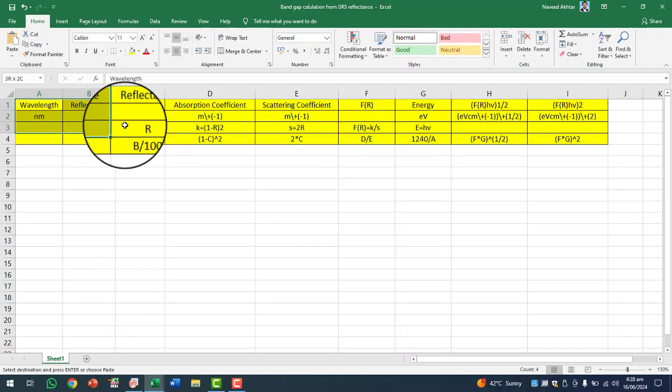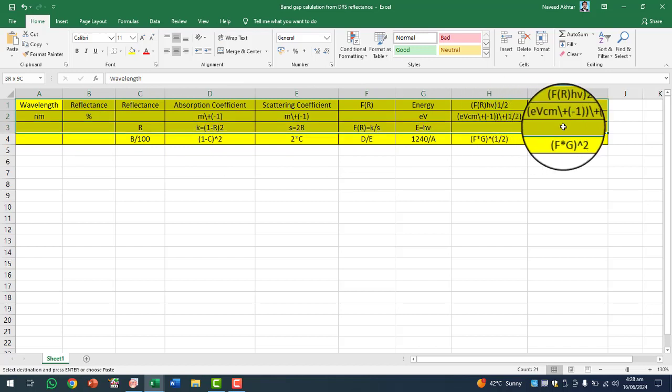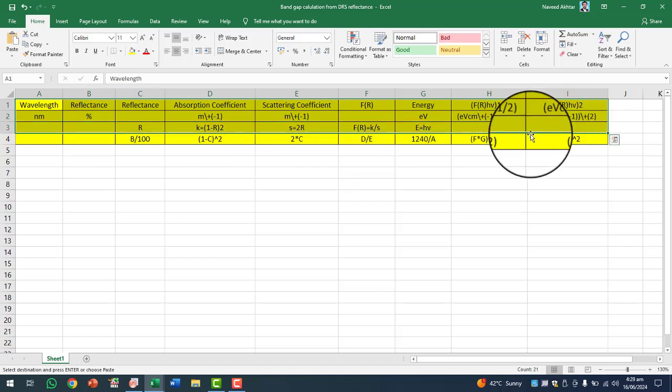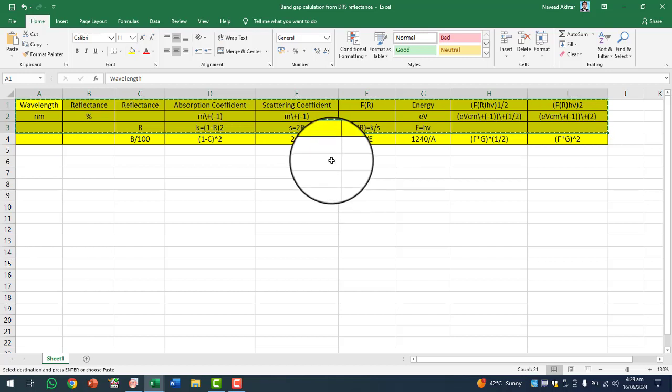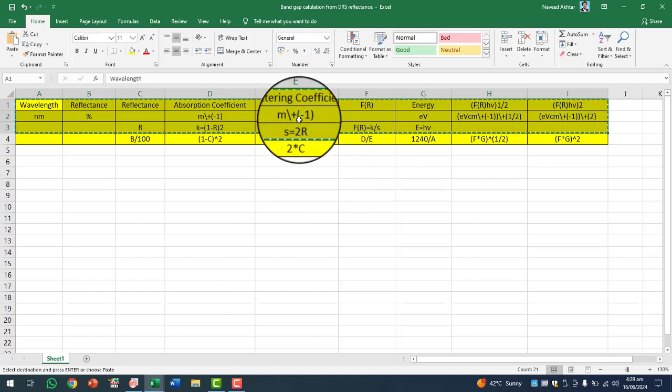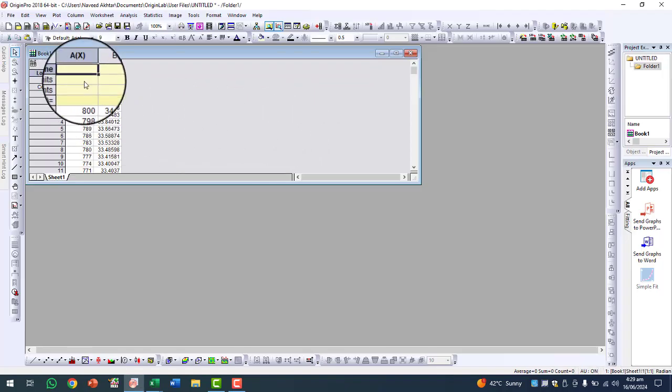First I will copy the first 3 rows, which are long name, unit and comments. The comments will appear on the spectra or graphs when I prepare the graph. I will copy this and paste it here.